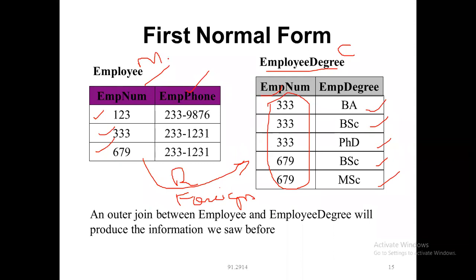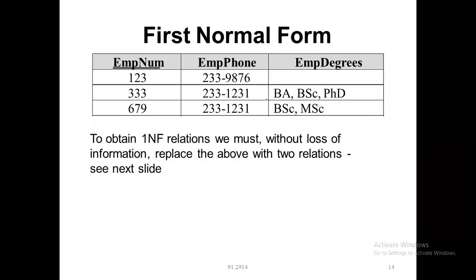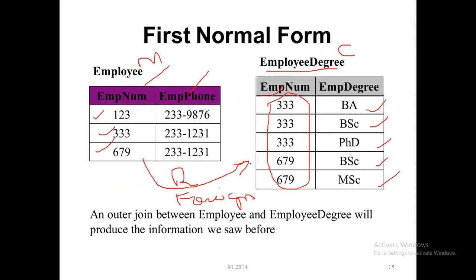Okay. So the first normal form, the way you are seeing this one, is not a normal form. When I split this, I should not lose any information, and it should not disturb any relation between the other tables. So how will I do this? I'll make this first normal form in this fashion.